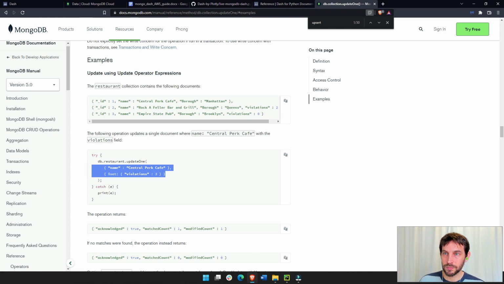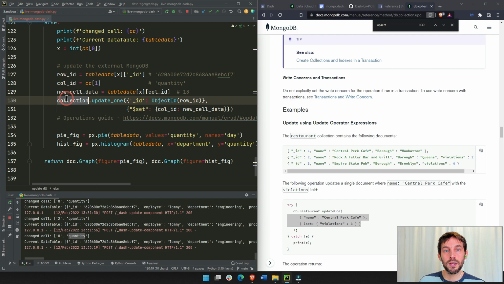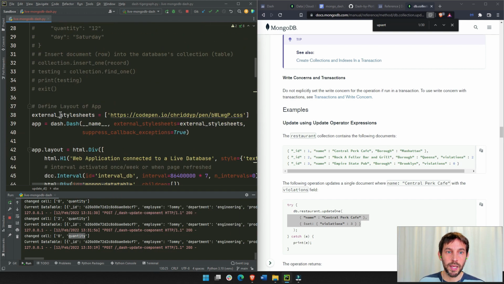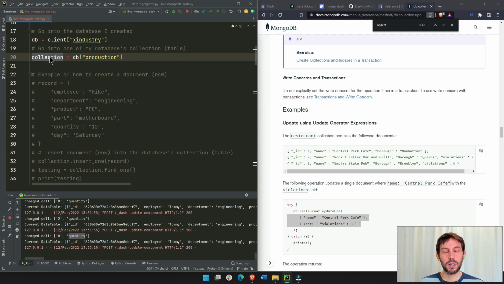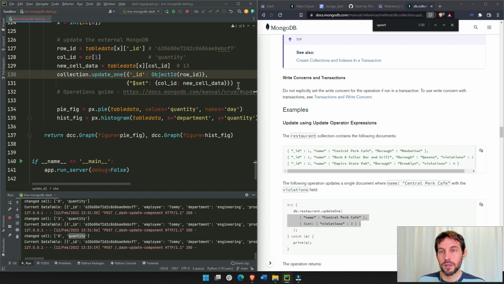So what I did is collection dot update one. Remember, our collection is way up here. We already connected to it, to our production collection. Collection update one, open this function, and then the first dictionary is going to be the row where we want to update the information, and the row is going to be the ID equals